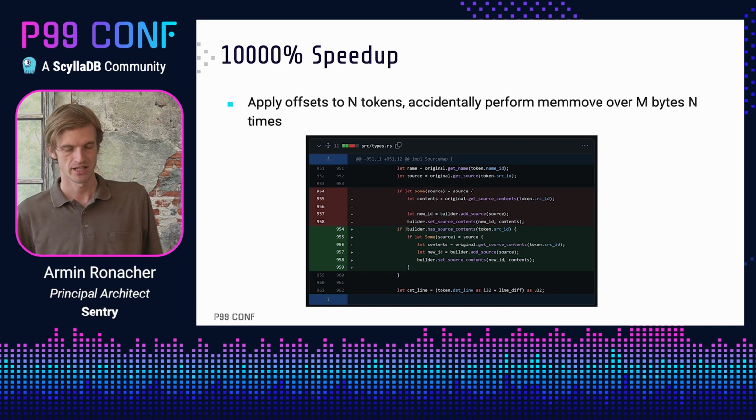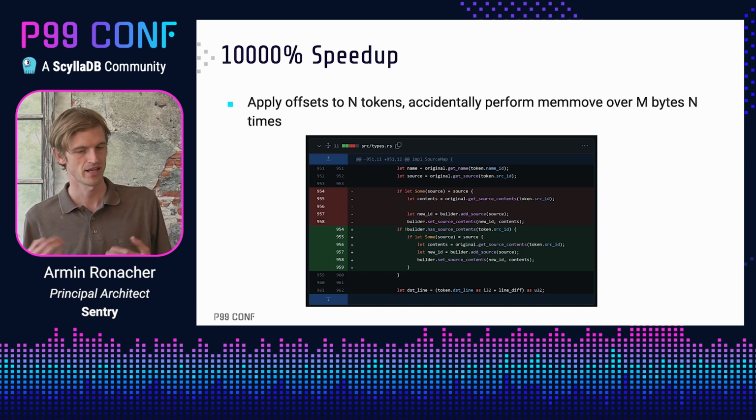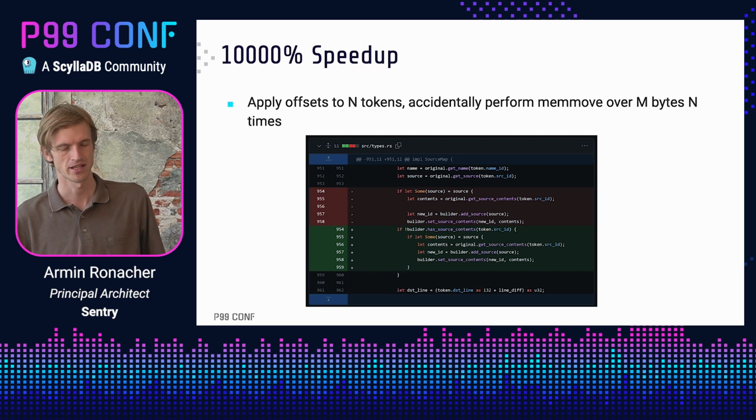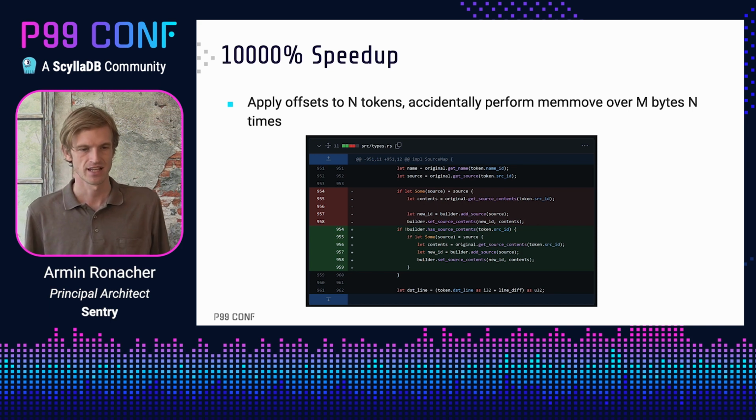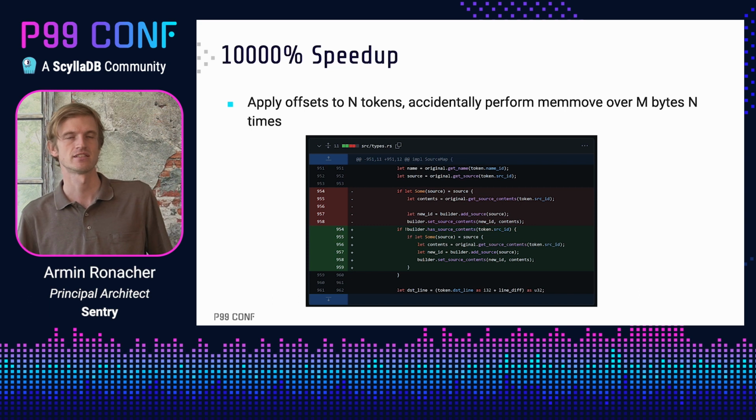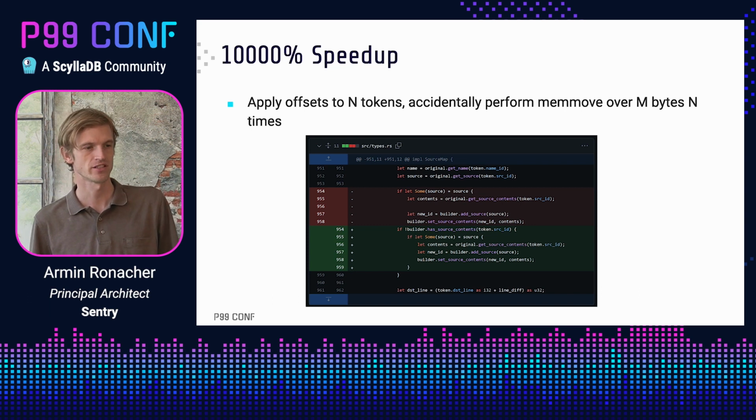Because of the way we created this API, it was kind of hidden that behind the scenes in add source, a clone of the entire string was happening. And so when we applied offsets to n tokens, we actually performed memmove over n bytes of source string n times. And so when we fixed that, and we didn't catch this in our regression tests,